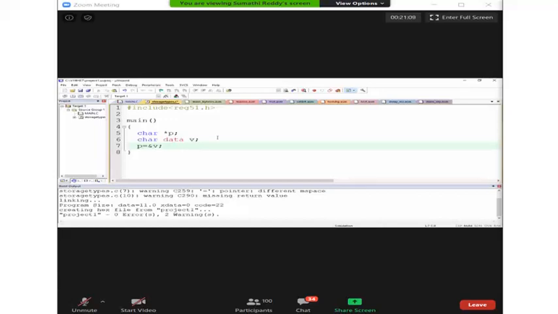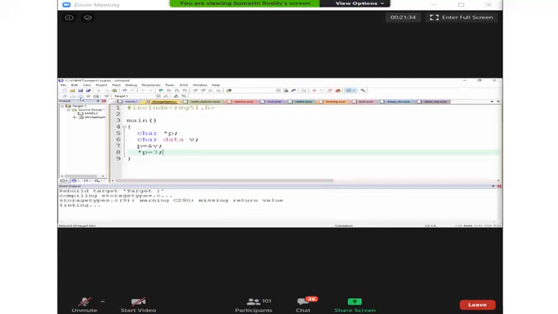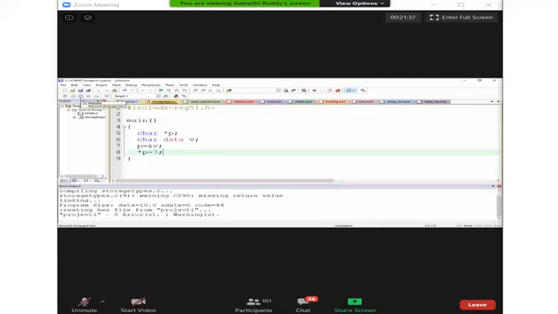So my pointer P is pointing to which memory area now? Yes, directly addressable internal RAM. Very good. Now, star P equal to some data I am assigning. It works fine. And let me show you that output.